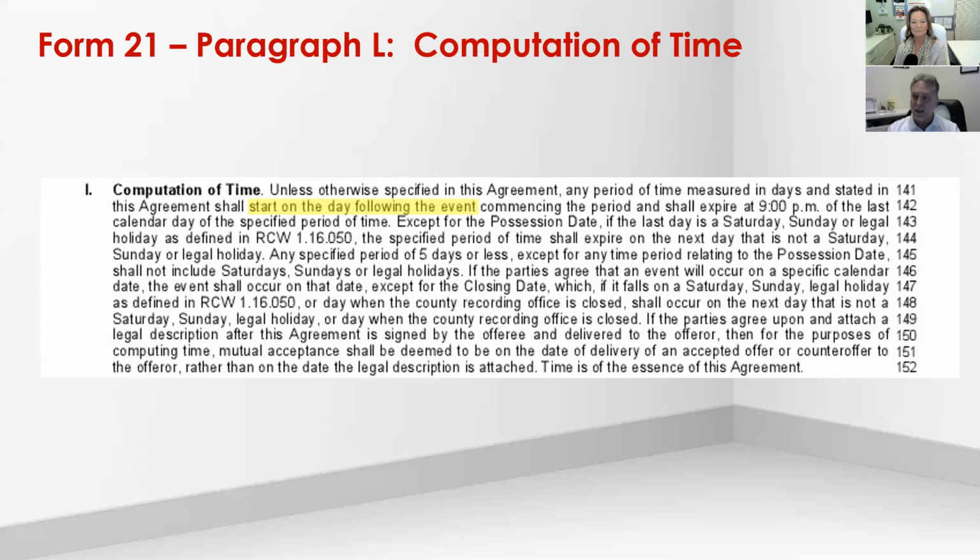So if it was done last night at 11:55 p.m., right before midnight, day one is the next day, which is today, right? So last night was the day of mutuality, even if it was 11:55 p.m. Right. That was mutuality, and today becomes day one in computing time and counting time, right? Absolutely. So that's the first step in understanding this computation of time, is understanding that the beginning has nothing to do with 9 o'clock p.m. It has everything to do with midnight, the change of day from one day to the next.